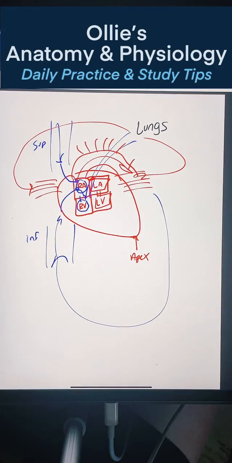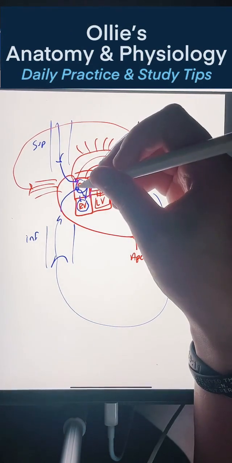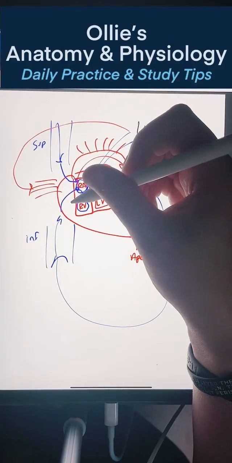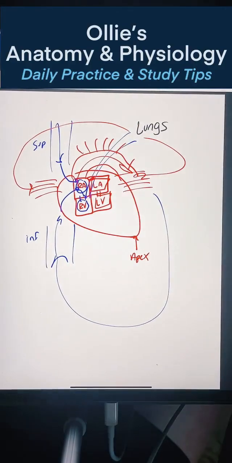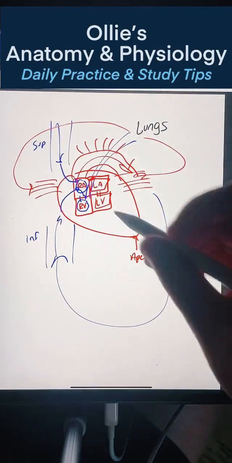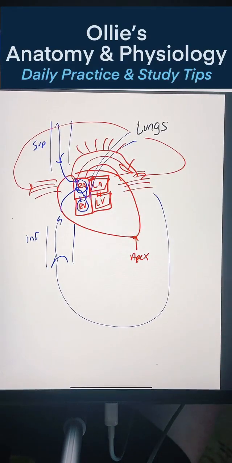But that is how I practiced that. I cannot stress it enough. Think about when you're driving to work, you have your directions. Essentially, whenever you're practicing this, go through a diagram of blood flow through the heart, use a diagram, go through it a couple times. Whenever you go to work or to your friend's house, you put in your directions. But after you've gone there a couple times, you no longer need your directions. You are directionally educated. It sounds really weird, but in my mind that makes sense. You want to become directionally educated with blood through the heart. You want to know it forwards and backwards, and the best way to do it is to draw it out like so. Hopefully that helped.